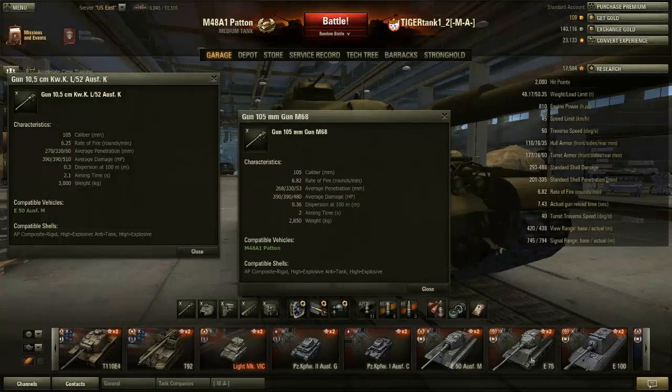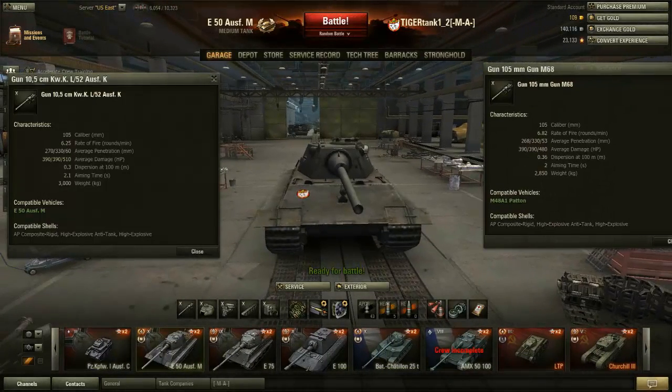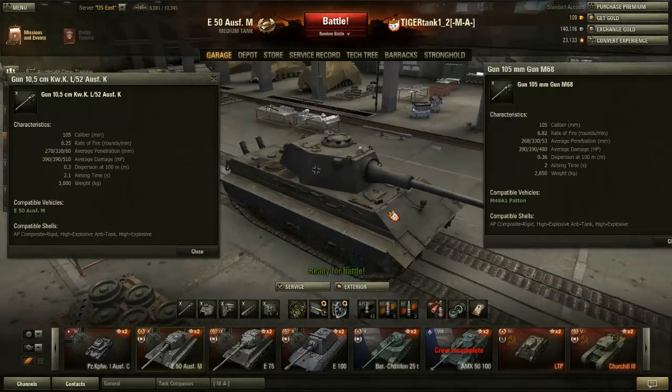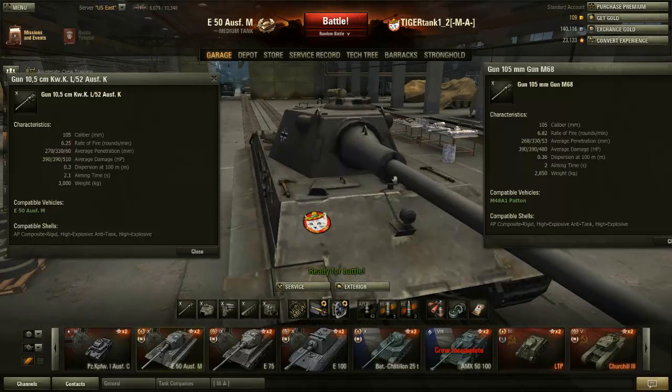So if we draw up the M48 pattern, which I will be comparing the E50M to most closely, you can see right here that the rate of fire is 6.25 rounds per minute. This is about 0.5 rounds slower than the M48. It's the gun M68, but the average penetration is 2 millimeters more. Of course, that's not a big thing, since 268, 270 is not a big difference. The damage output is pretty much the same, and the dispersion at 100 meters is